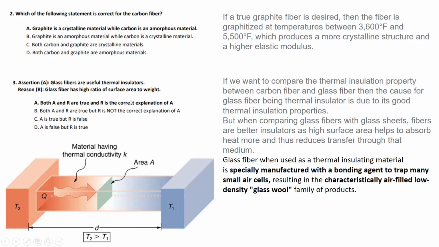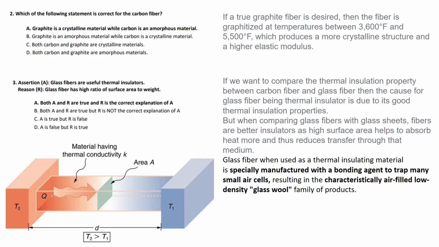So, the purpose of these kind of questions is that first is the assertion, that is a normal statement. Then we check if the second statement, which is termed as the reason, is the correct explanation of this particular statement. So as we can see here, it states that glass fibers are useful thermal insulators. Now, when we are trying to compare glass fibers with carbon fibers, then on the basis of the thermal conductivity of these two materials, that is glass and carbon, we can say that glass fibers would be better insulators as